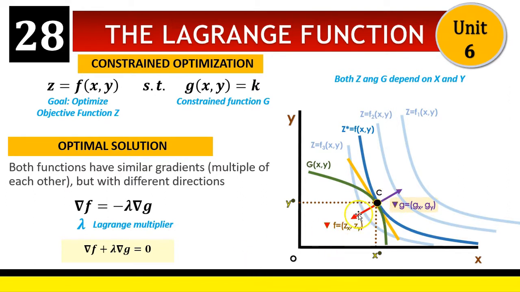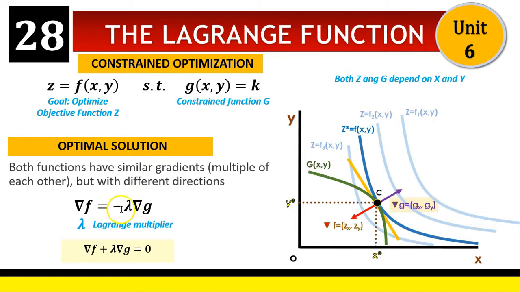For example, in the case of the minimization, and we know that this is a minimization problem because the gradient of the objective function is going towards the origin, you can see that the gradient of f is a multiple of the gradient of the restriction